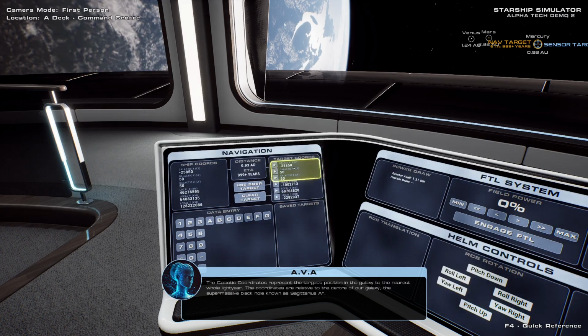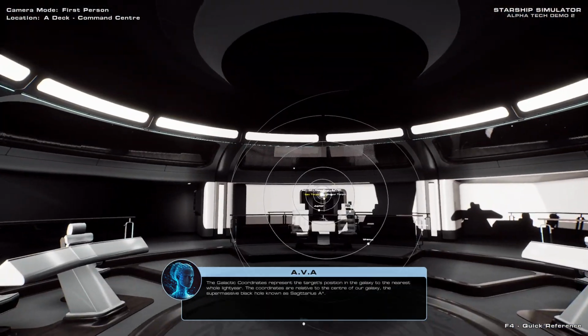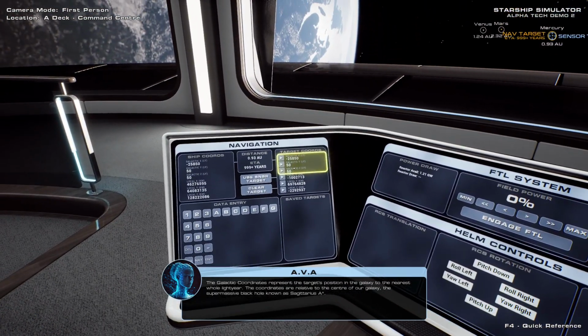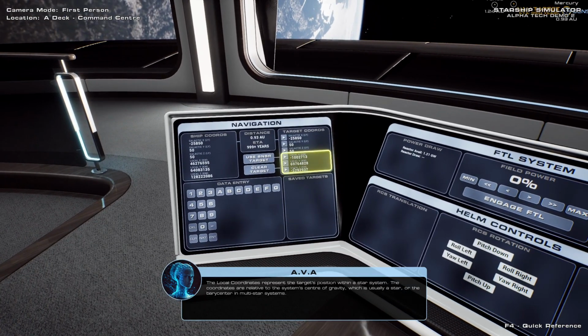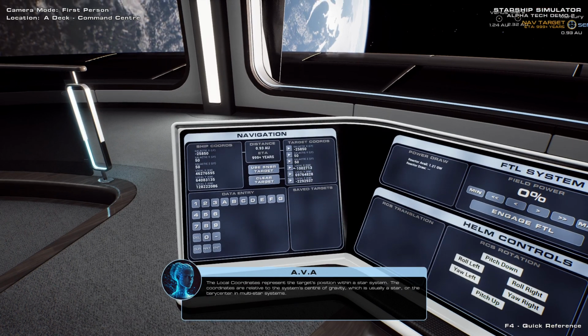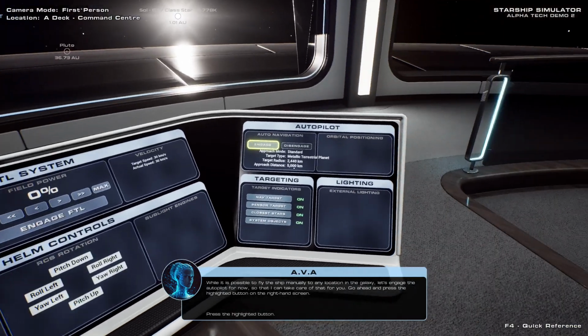The galactic coordinates represent the target's position in the galaxy, to the nearest whole light year. The coordinates are relative to the center of our galaxy, the supermassive black hole known as Sagittarius A star. The local coordinates represent the target's position within a star system. The coordinates are relative to the system's center of gravity, which is usually a star, or the barycenter in multi-star systems. While it is possible to fly the ship manually to any location in the galaxy,